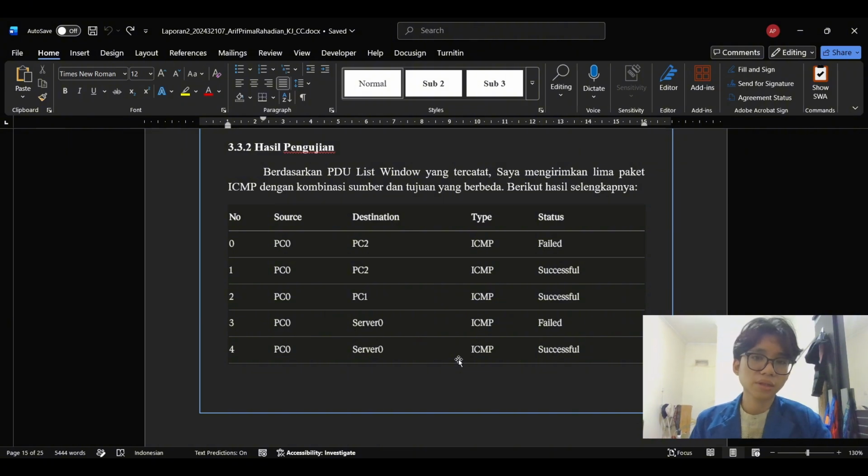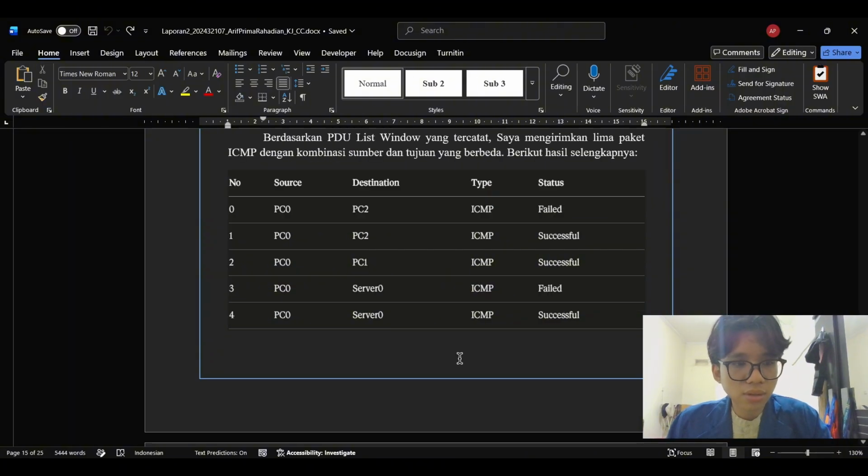The ARP table is empty at the start, so the first packet typically fails. Once the ARP table is populated, subsequent packets go through normally.